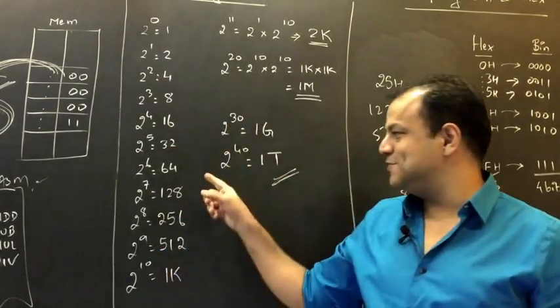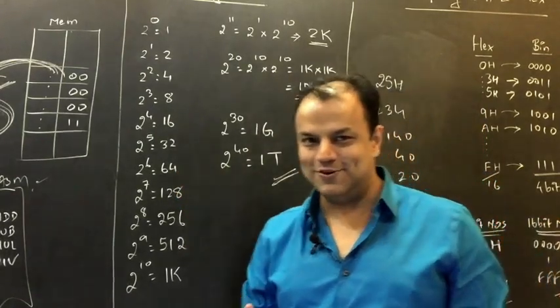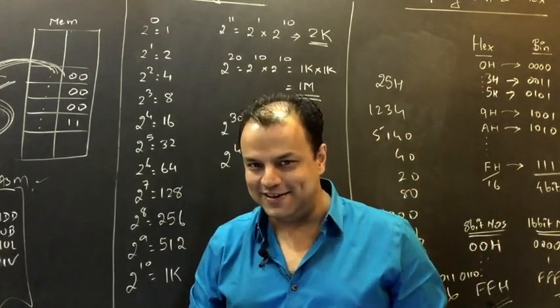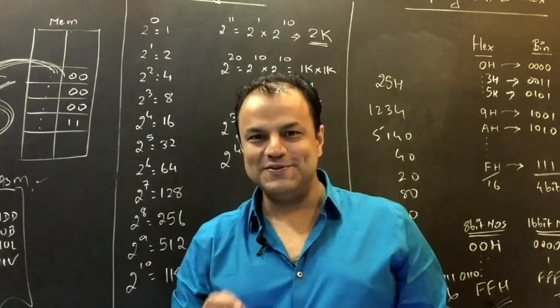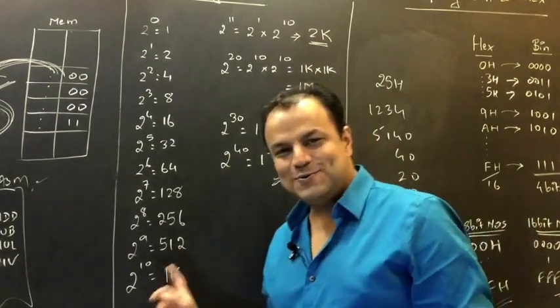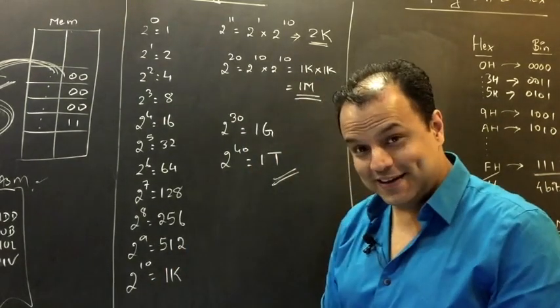Come on, it's not rocket science. You just have to tell me a K next to all these numbers. Okay, it's not that difficult. 2 raised to 18, 256K. 2 raised to 19, 512K. 2 raised to 20,